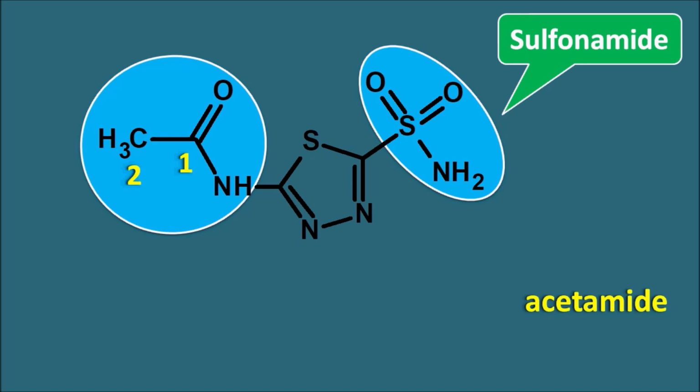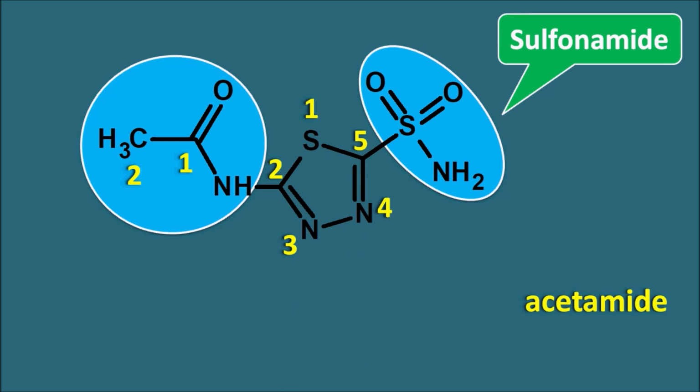Acetazolamide is an acetamide derivative, and on the nitrogen it has a heterocyclic side chain, and we can start the numbering on this heterocyclic ring. So this is 1. Then where we have to give the second number, either to the sulfonamide or to the nitrogen of the acetamide? Here we have to give the least number to the point of attachment. So this is 2, 3, 4 and 5. In this way we can complete the numbering for acetazolamide.